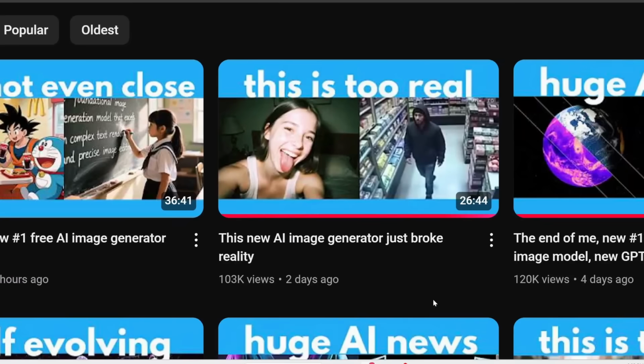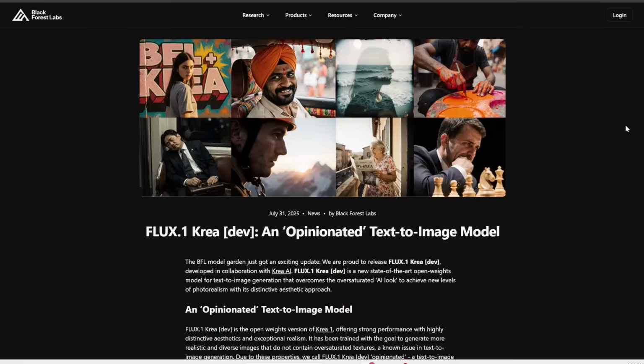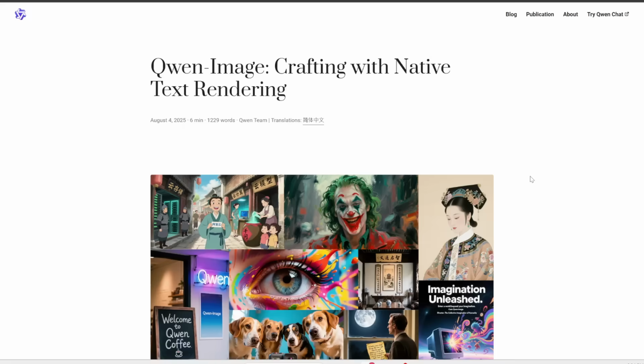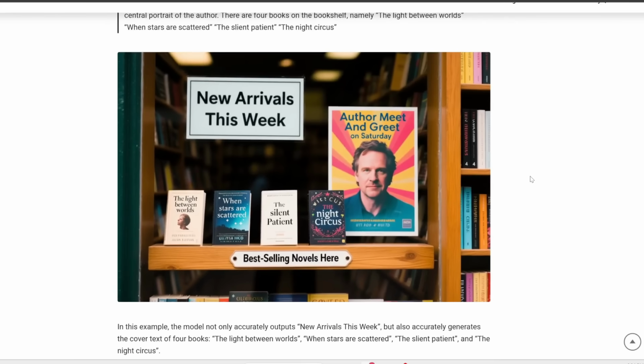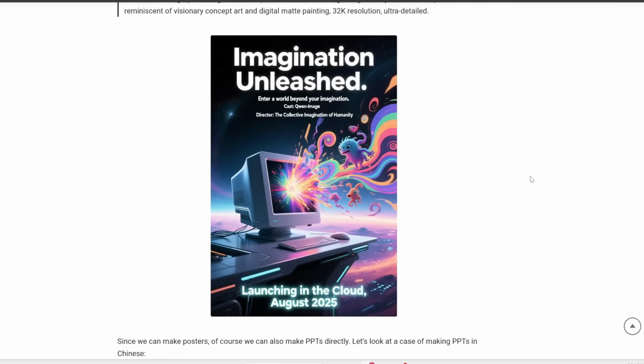So this week I've been swamped with making not one, but two tutorials on image generators that have come out. One is FluxCrea Dev, which is really good at generating normal amateur looking realistic photos, and the second one is called Qwen Image, which is insanely good at understanding your prompt and generating text in images, as you can see here. So those were the two main ones I featured this week, but actually there's another one